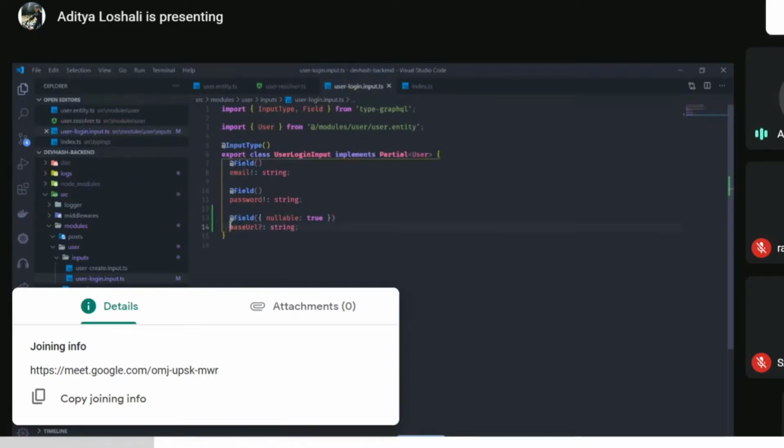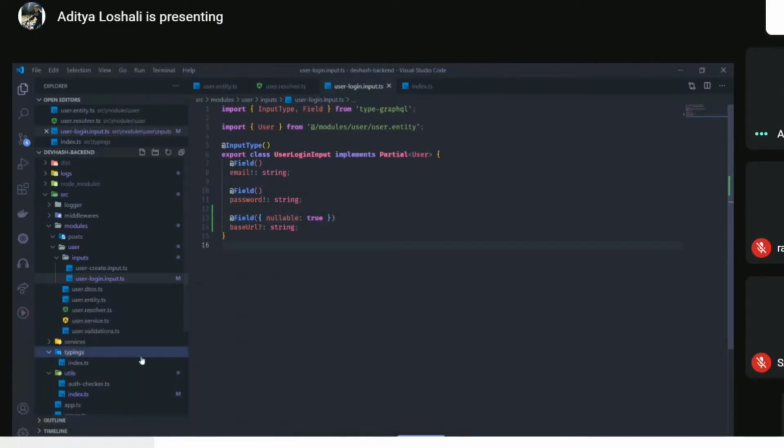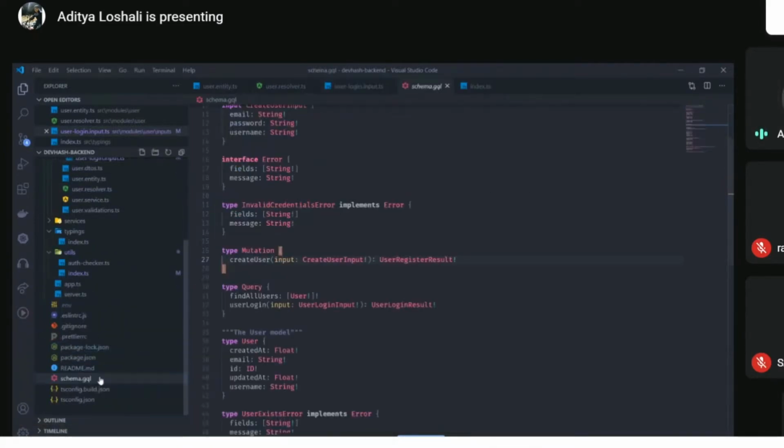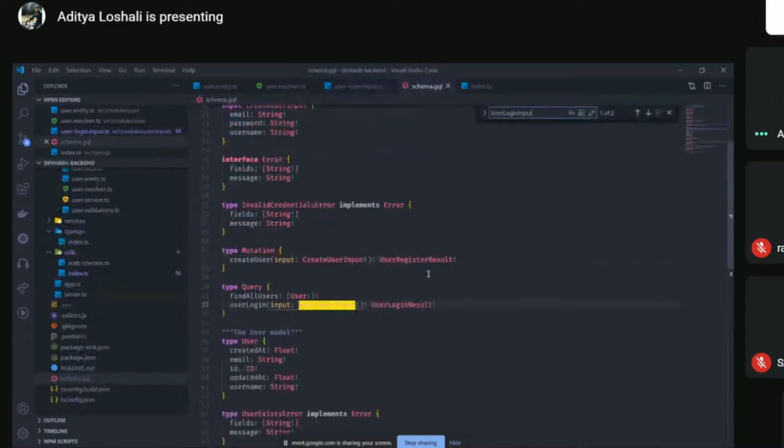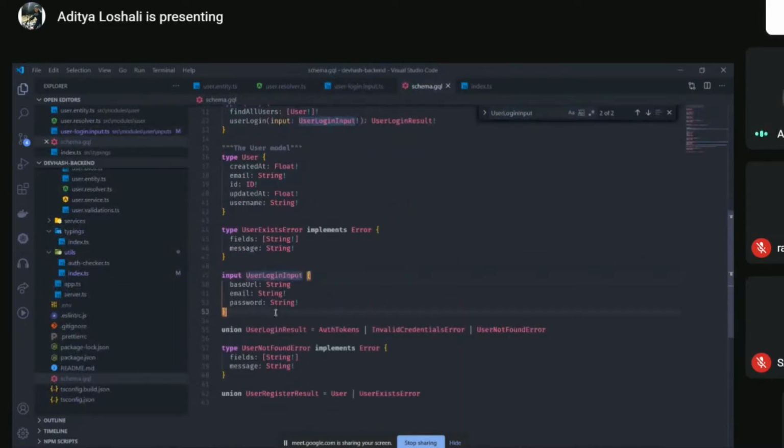Now the question mark part was for TypeScript, and this nullable part is what defines it for the GraphQL schema. So here, if we check it in the GraphQL file, user login input, let's just search it here. See, password required, email required, which is marked by the exclamation.